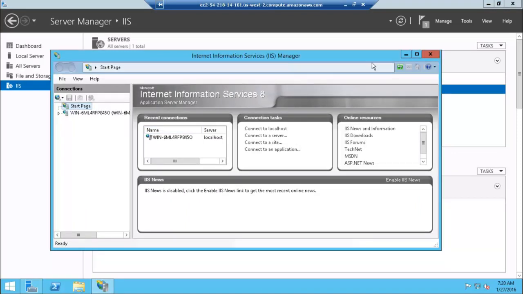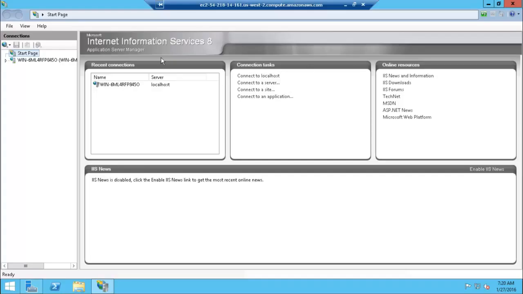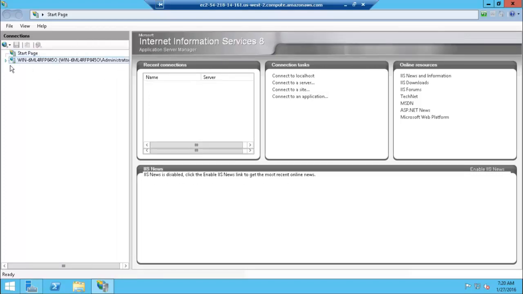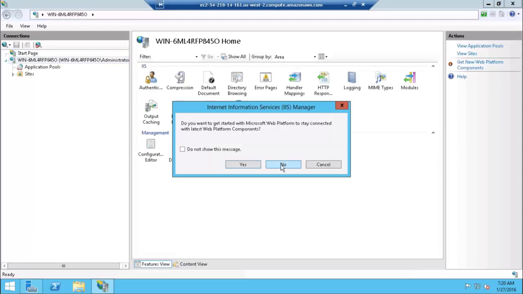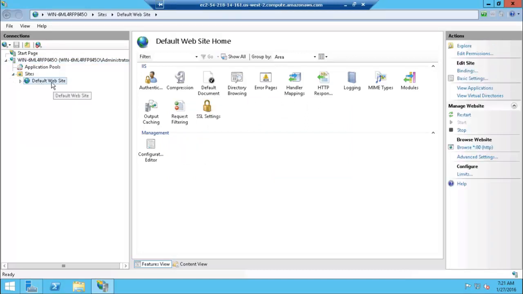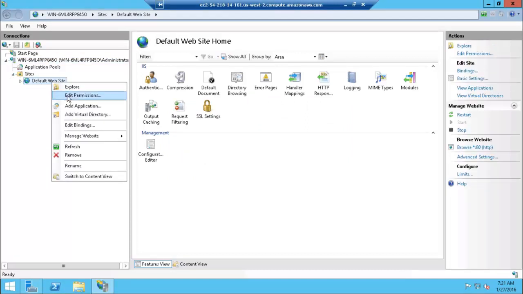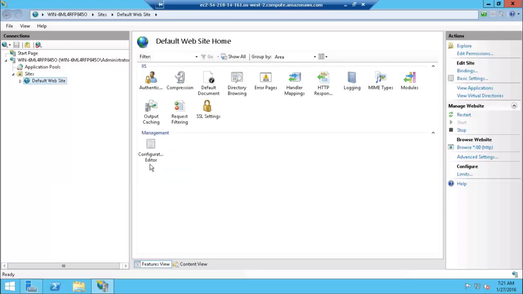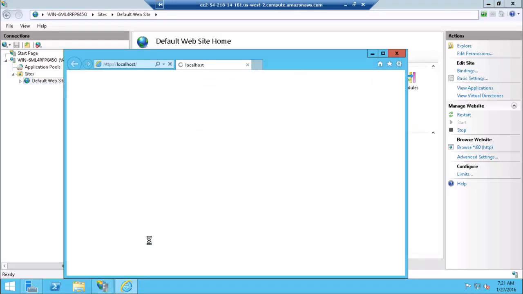Once the Internet Information Services Manager is open, we will expand the server. We will expand site. We will select default website. We right click on default website, click on manage website, and then click on browse. We will see the default page available for this